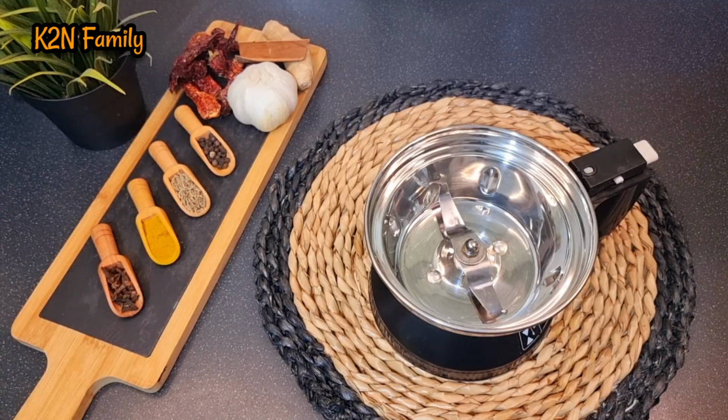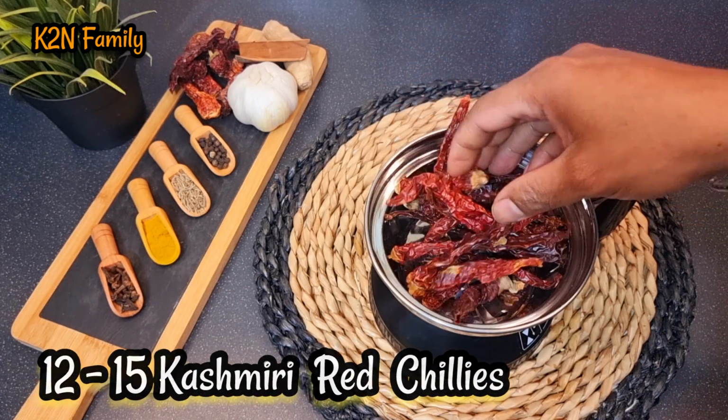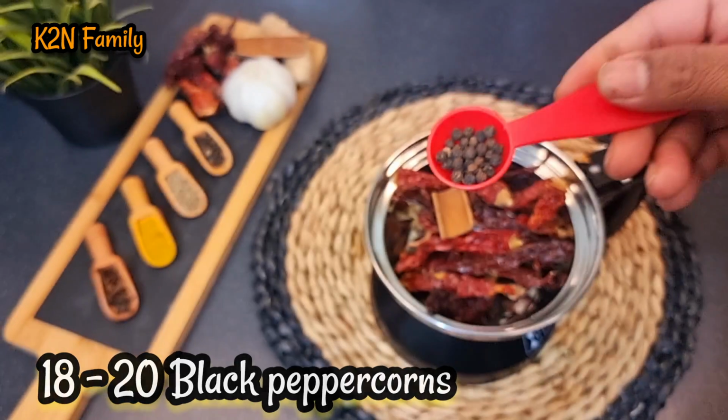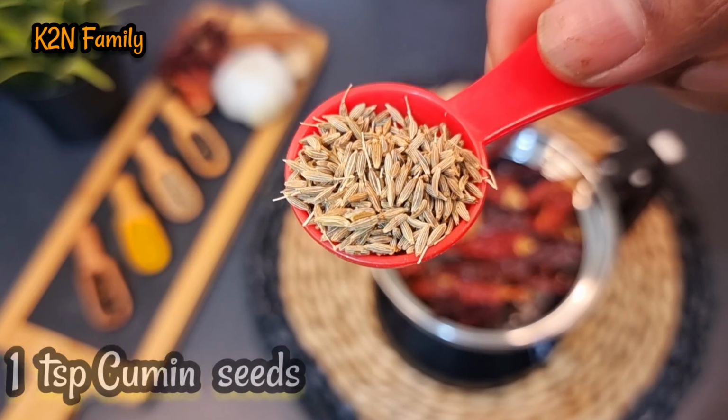To begin with the pork vindaloo, let's do the masala first, and for that we need to take 12 to 15 Kashmiri red chilies, about 1.5 inch of cinnamon stick, 18 to 20 black peppercorn, 10 to 12 cloves, 1 teaspoon of cumin seeds,